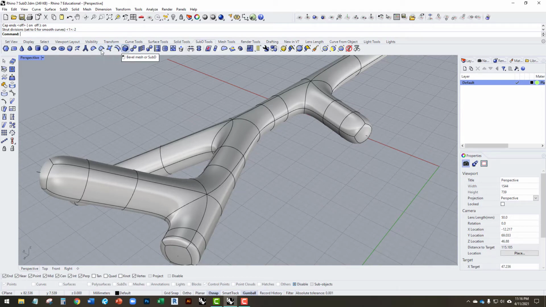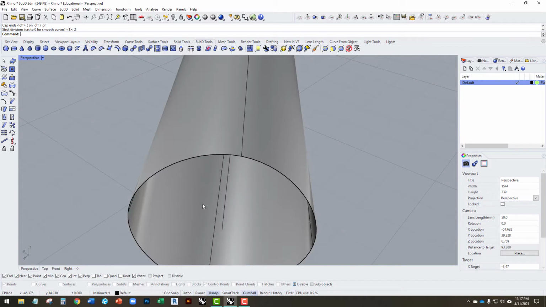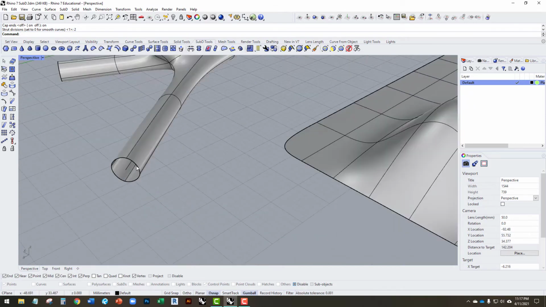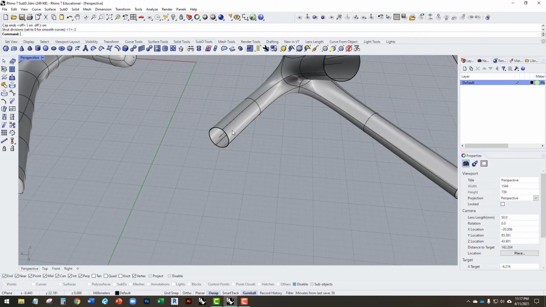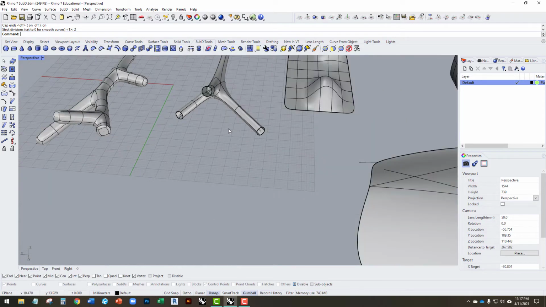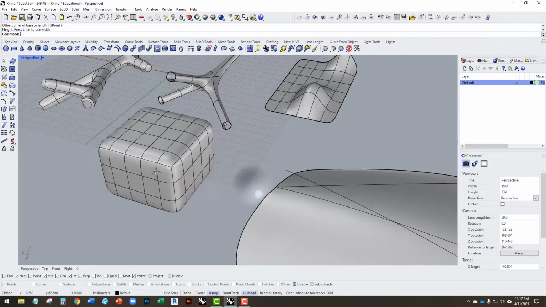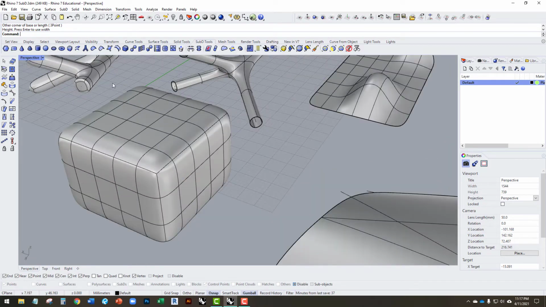So there's also some commands that carry over from the mesh display as well. So we have Bevel Mesh or SubD. So we could take a face that has a sharp corner, and we can bevel the edge, so round it out. So for example, if we have something like this, we have a SubD, and we have creases around the edge. Let's say we crease these,